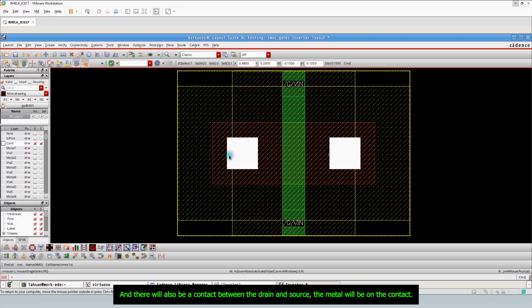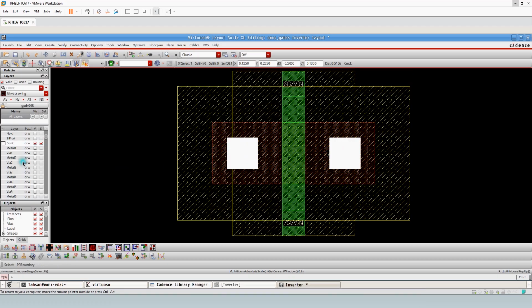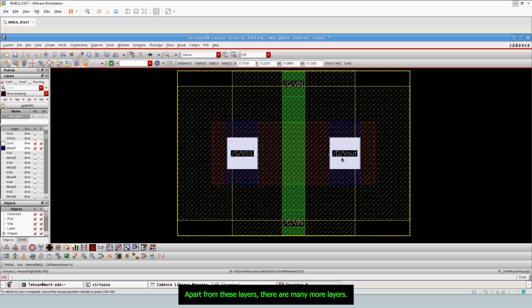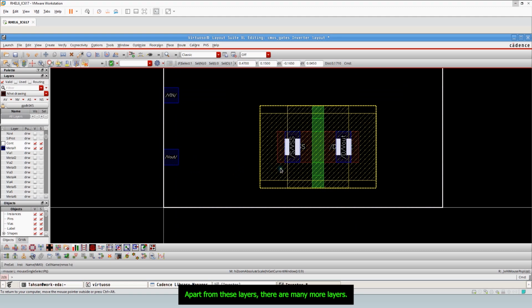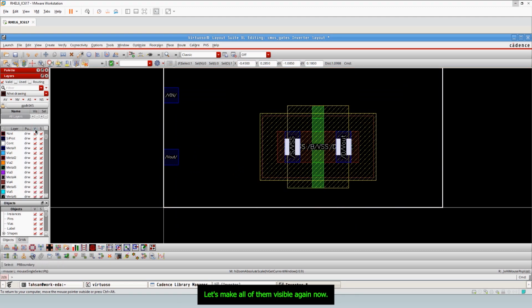And there will also be a contact between the drain and source. The metal will be on the contact. Apart from these layers, there are many more layers. Let's make all of them visible again now.